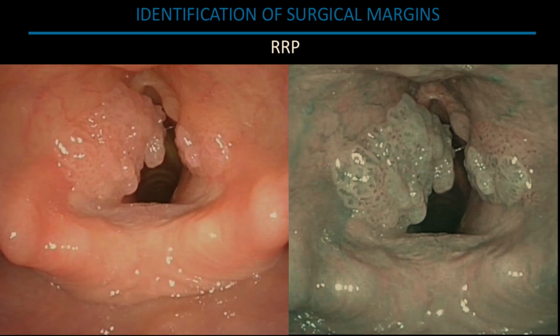So this is an example, a case of recurrent respiratory papillomatosis. Again, an example of how useful NBI is in the detection of satellite foci. For instance, in white light, you cannot appreciate this area,